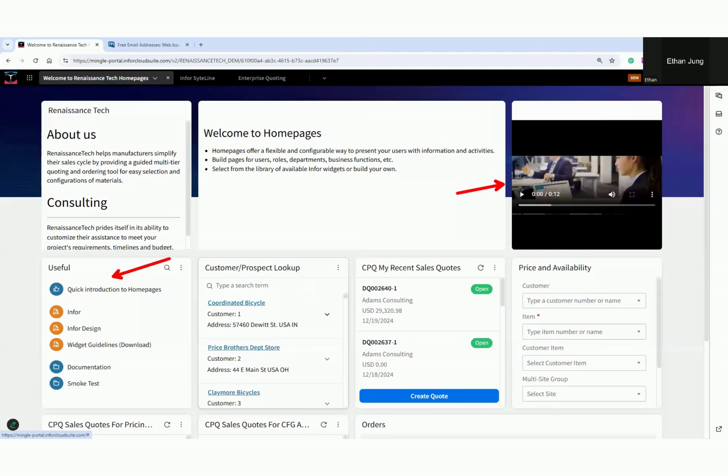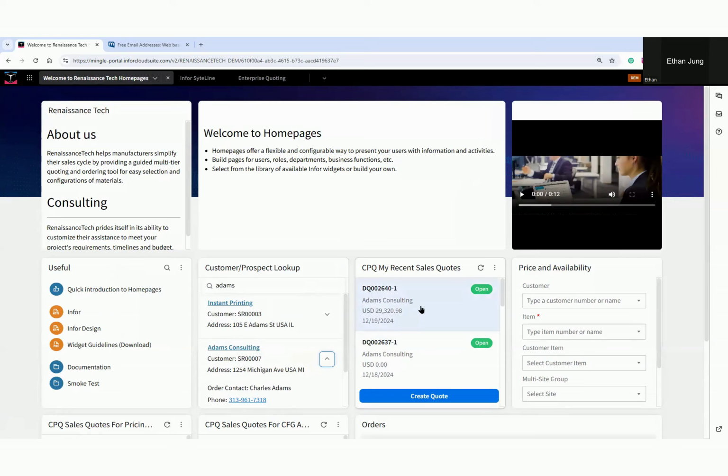We can see some things here like bookmarks, but I can also be tied back to informational qualities that I can pull in from the ERP, and in this case, Syteline. So I can go ahead and look up customers that are inside of Syteline, also inside of enterprise quoting. And how I can tell they're inside of enterprise quoting and in Syteline is that, see the customer number here, which is the ERP ID. Furthermore, I can also see the quote that I had just created,